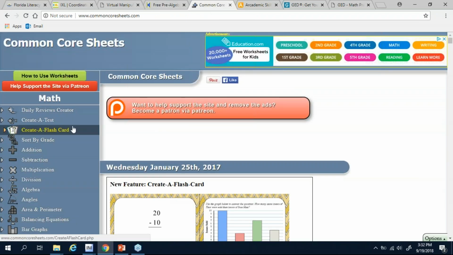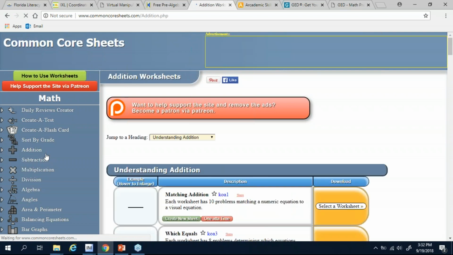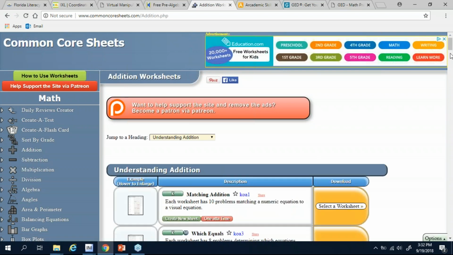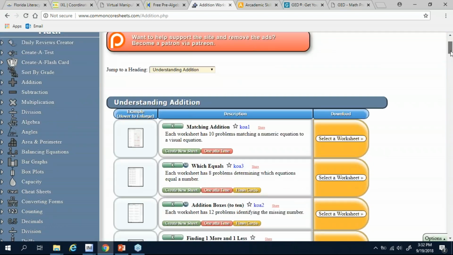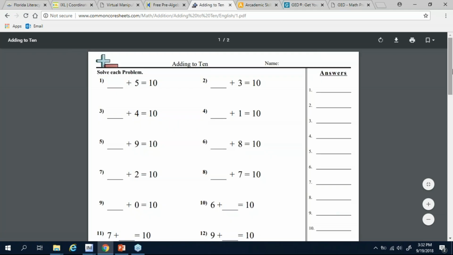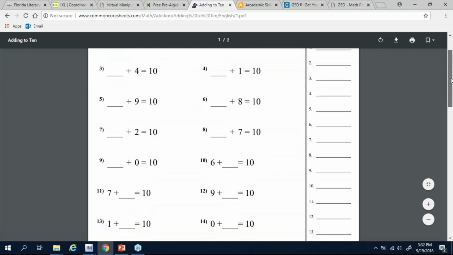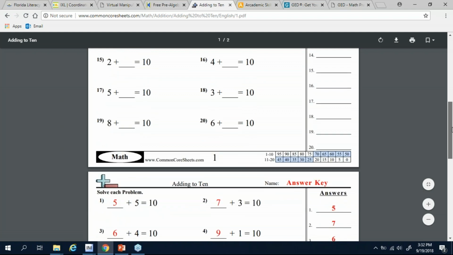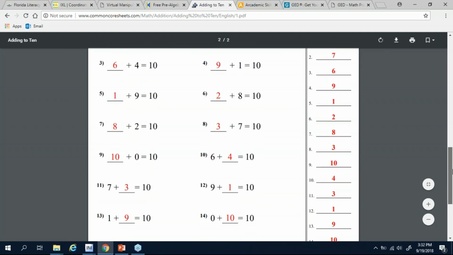Common Core Sheets is another great resource that has basically the same thing, but you'll see over here on the left-hand side, we've got down to addition. So we have a lot more ABE worksheets here, and again, they're 100% free and free to download. So if I just select a worksheet, it'll allow me to bring that worksheet up. I can save it, I can print it, I can do anything except for edit it, and I've got my